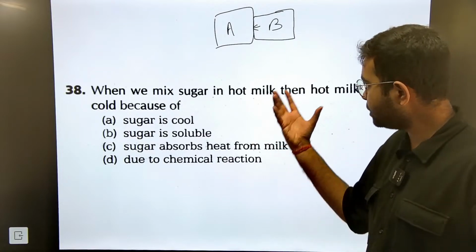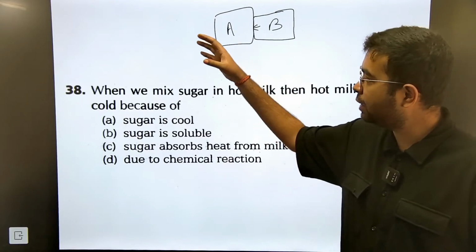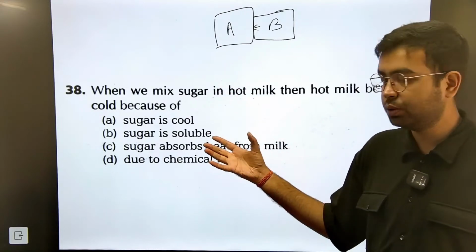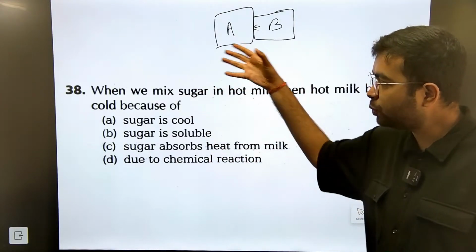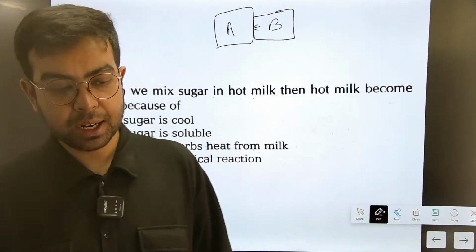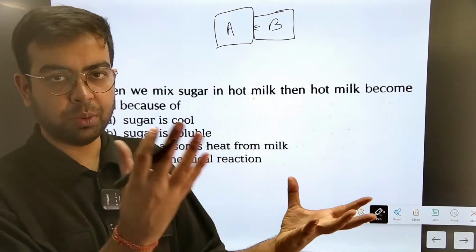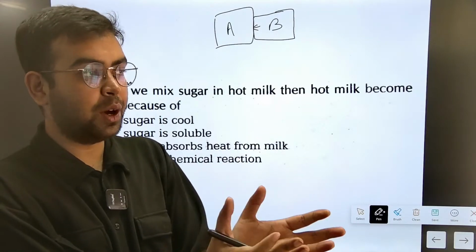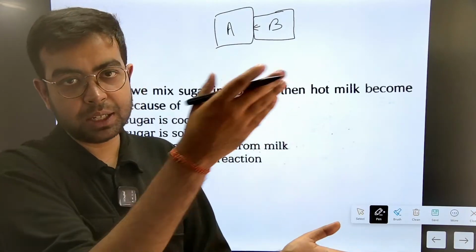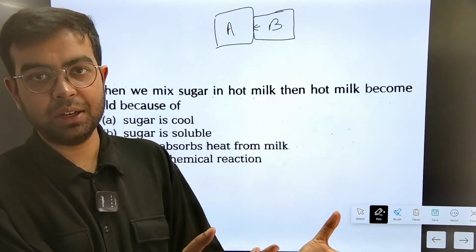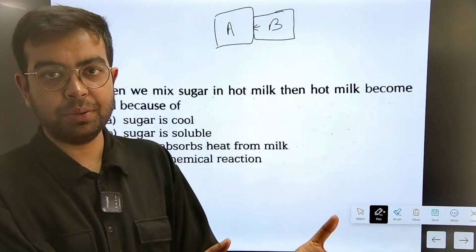ठीक है, and as soon as a hotter body is coming in contact with the cooler body, the heat will tend to move from the hotter body to the cooler body. और उसके रिजल्ट से क्या होगा, अगर एक बॉडी ऑलरेडी गर्म है, दूसरा बॉडी ठंडा है, दोनों को मैं जोड़ देता हूँ साथ में, तो उससे क्या हो रहा है, जैसे ही गर्म बॉडी से गर्मी निकल के ठंडे बॉडी में चला जाएगा, जो बॉडी पहले गर्म था वो भी ठंडा पड़ जाएगा ना, वो पहले से कम गर्म हो जाएगा अभी.